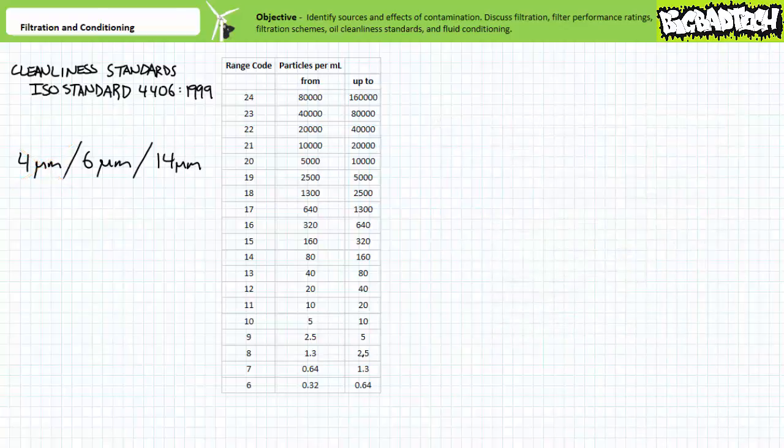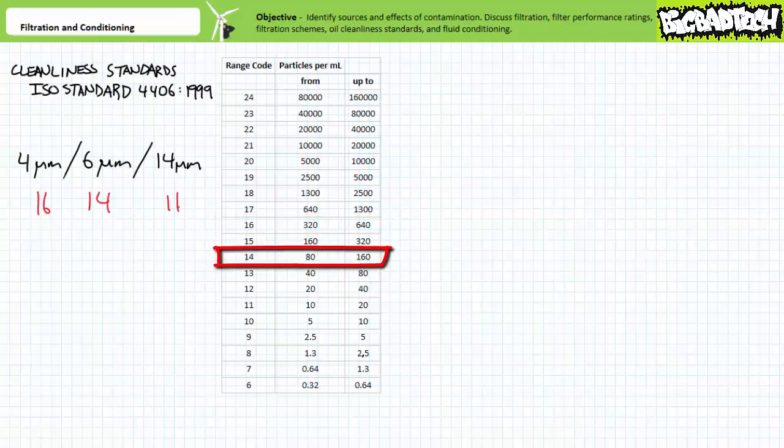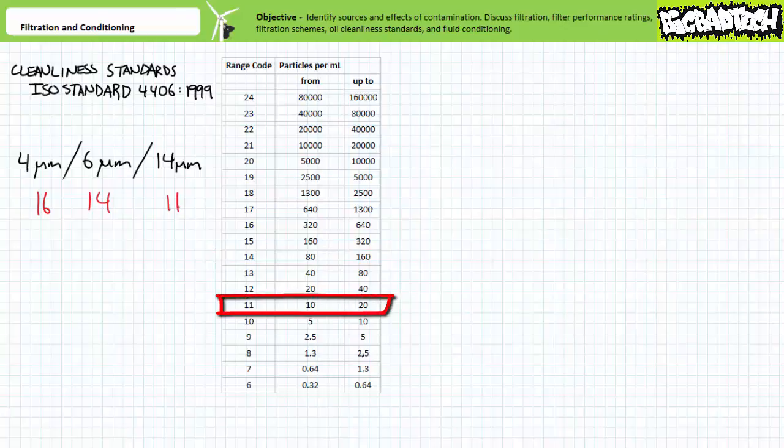Finer applications like servo valves might call for oil with higher cleanliness standards. For example, a servo valve might call for oil using the 16, 14, 11 ISO cleanliness standard. This means anywhere from 320 up to 640 particles greater than 4 microns but less than 6 microns are present per milliliter, anywhere from 80 up to 160 particles greater than 6 microns but less than 14 microns are present per milliliter, and anywhere from 10 up to 20 particles greater than or equal to 14 microns are present per